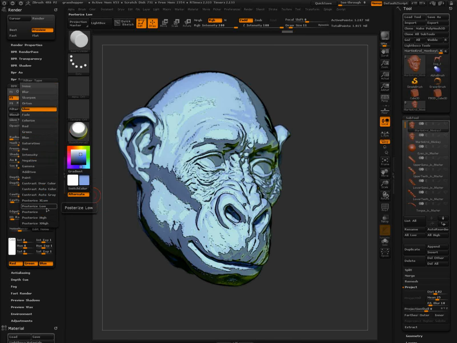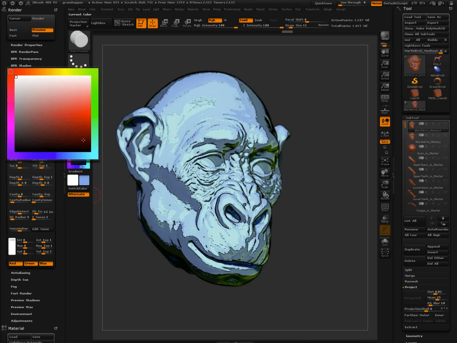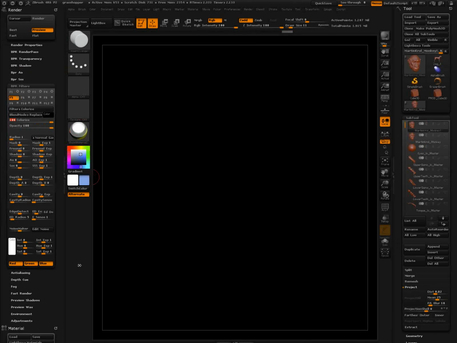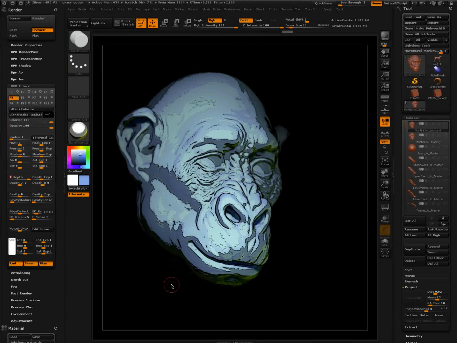Okay, play with your saturation, your fade. I can say colorize, and let's put it in black. All right, let's go 100%. He's completely black. Now if we turn depth on, now he's kind of sitting in a scene, right? And this is all filtered, so this is instantaneously happening. Okay? Hopefully that helps with the